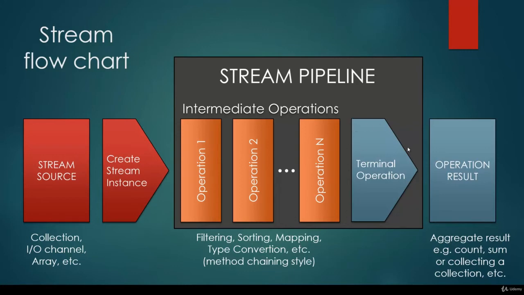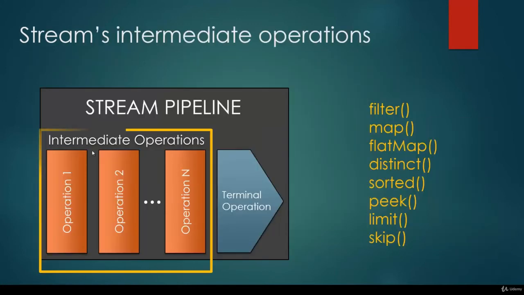And we can use a final terminal operation. As you can see, it is a single operation. So we can have as many intermediate operations as we want, but just a single terminal operation at the end. And with the help of the terminal operation, we get the result itself, such as a count, a sum, or a given collection. As far as intermediate operations are concerned, we are going to talk about filter, map, flat map,